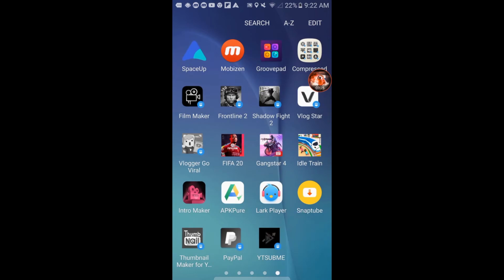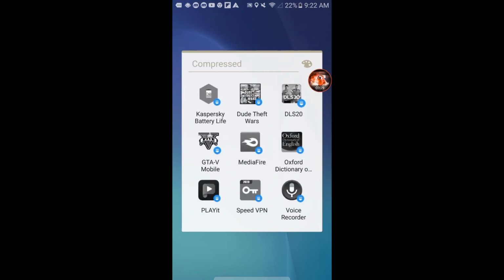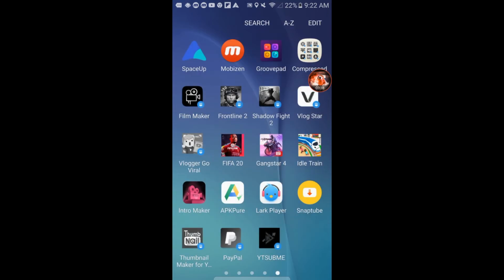Okay guys, let me show you most of my compressed apps. As you can see, I have lots of apps compressed. Dream League 2020, GTA 5. I'm just going to add